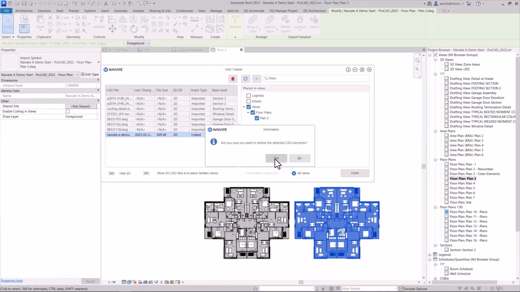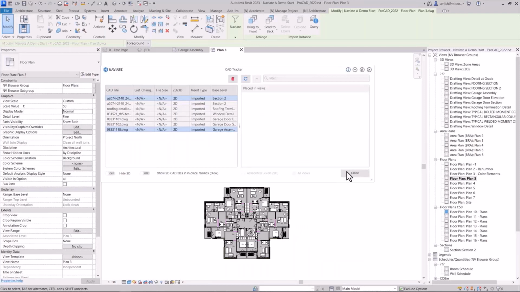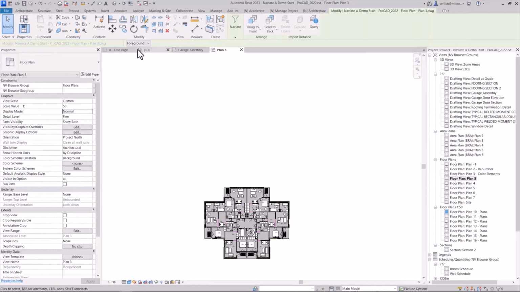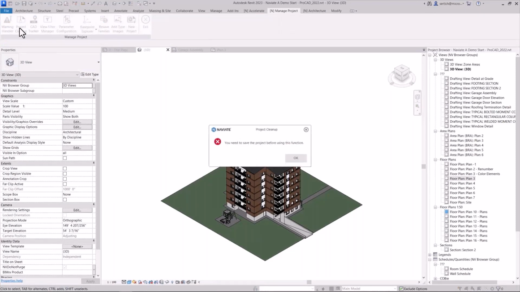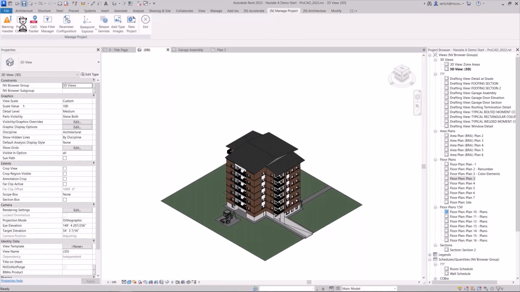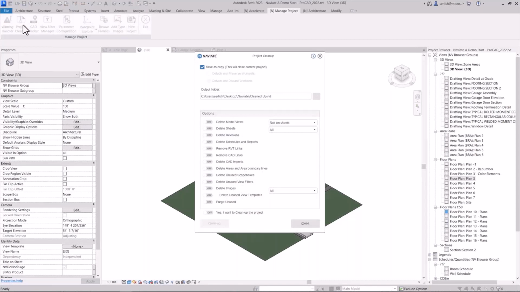And the last thing I will show you is our project cleanup feature. The project cleanup feature allows us to quickly clean up the model. We do have to save the model before we run the command to make sure that it is up to date. And then we can either do this cleanup and save a copy of it,